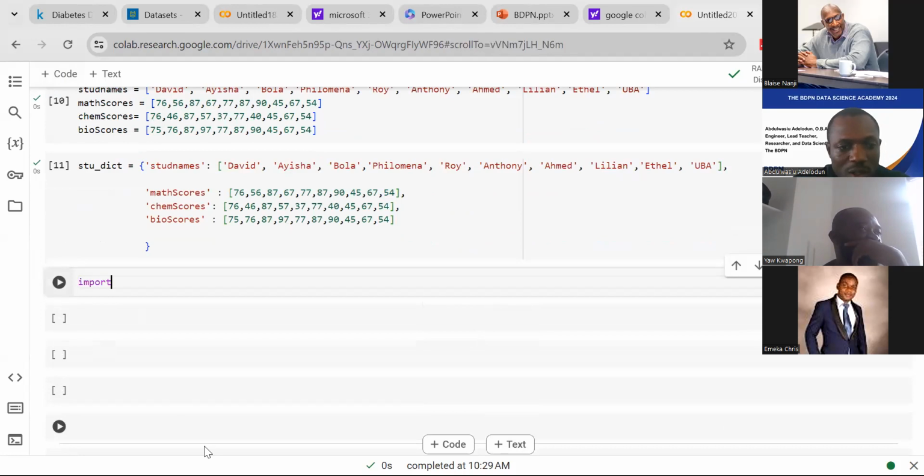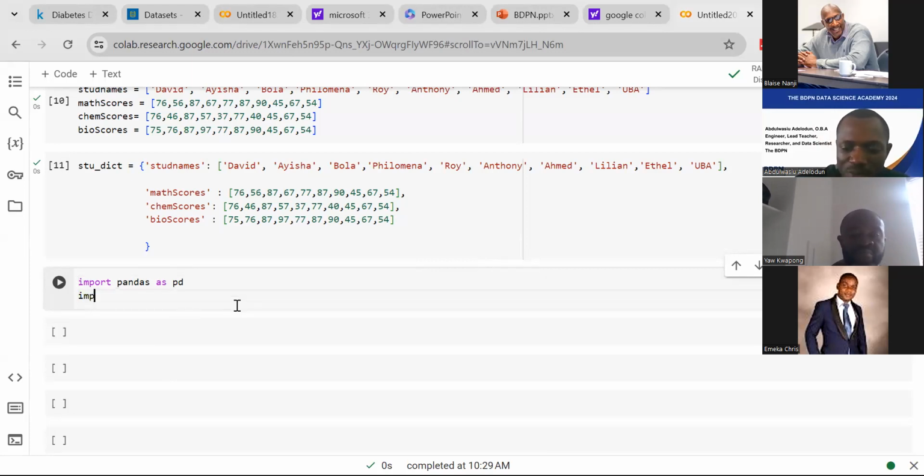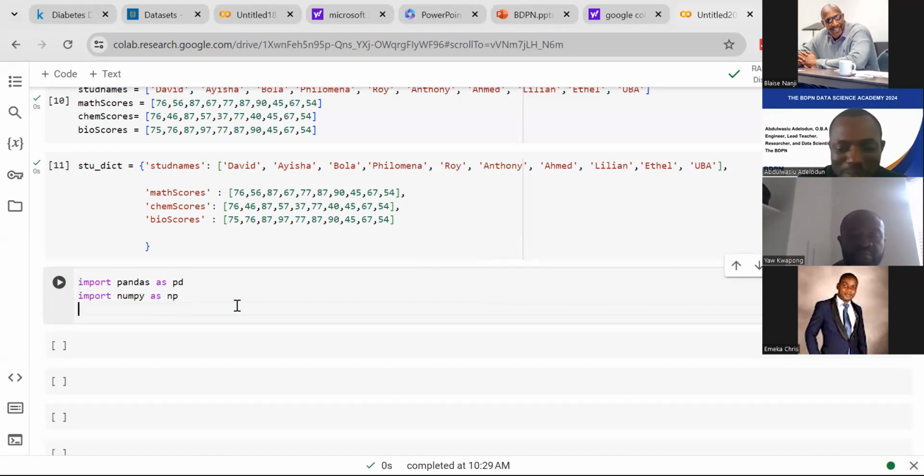Import pandas as PD. That is the convention. If you just import without saying as PD, it's still going to work. But every time you have to use the word pandas, and because it's long, we just shorten it to PD, so that anywhere we are supposed to use pandas, we'll be using PD. We import NumPy in case we want to use NumPy. Import NumPy as NP, and at the same time you import